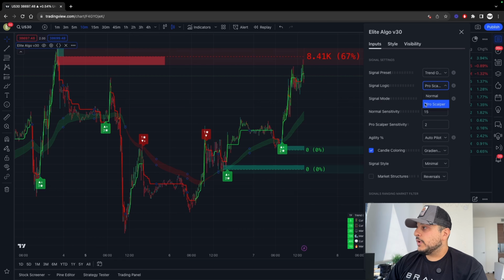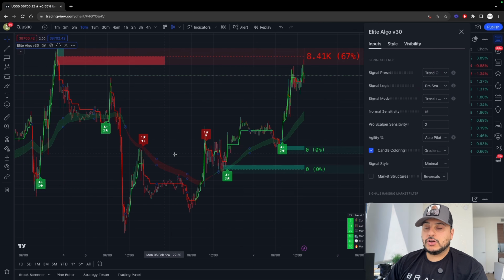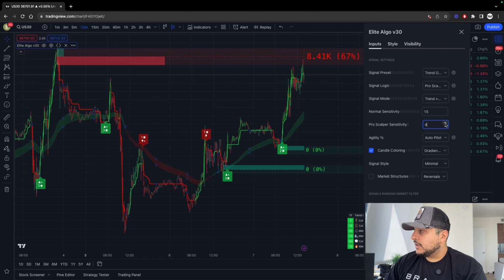So for example, right now we are using Pro Scalper as our signal logic. And we look down here, we see that we have a 2 sensitivity for our Pro Scalper right down here, which means that for the trend only mode, if we change the Pro Scalper sensitivity right now, because it's on the Pro Scalper logic, then the signals will change on our charts as well. So if we say, for example, we put it on the 4 scalper sensitivity,